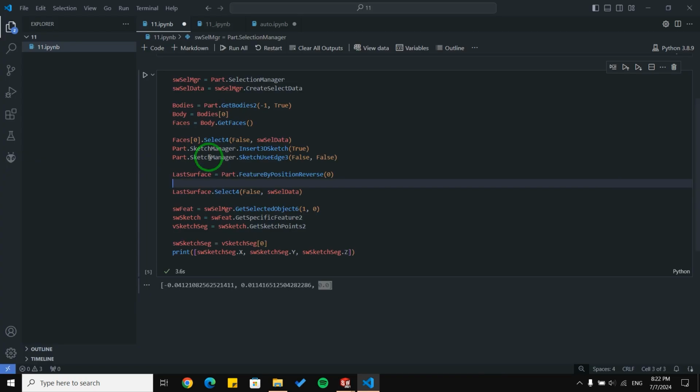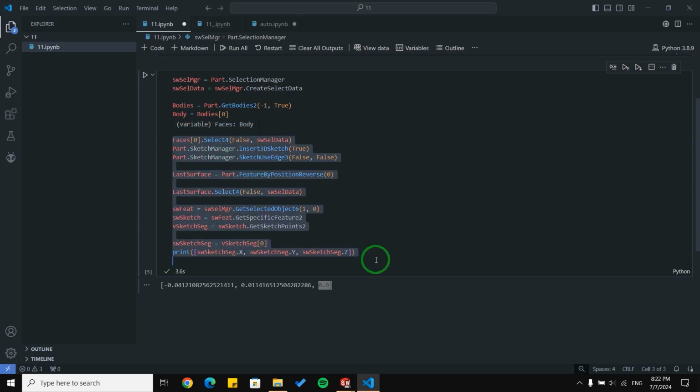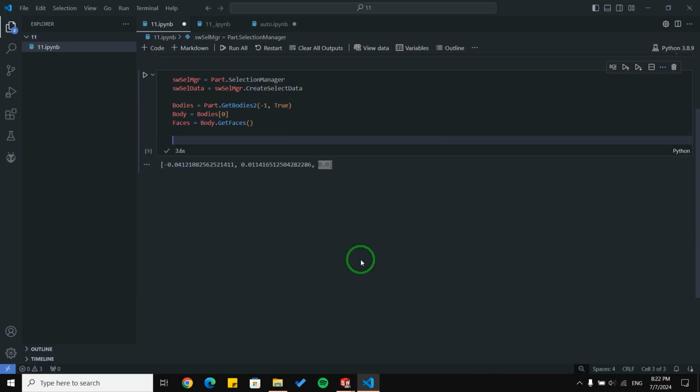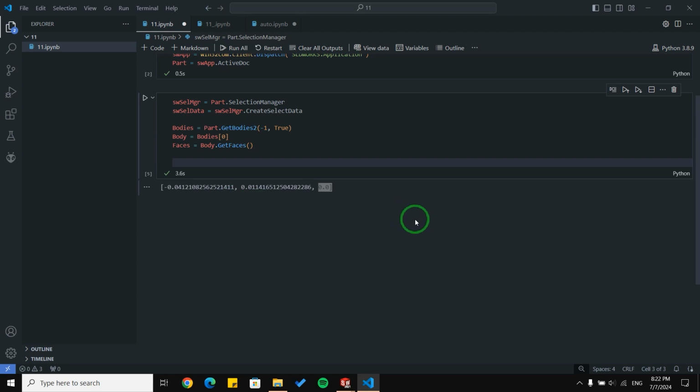So let me delete this code here, and I'm going to write a block of code now to be able to save the location of all points in that. Okay, let's begin.